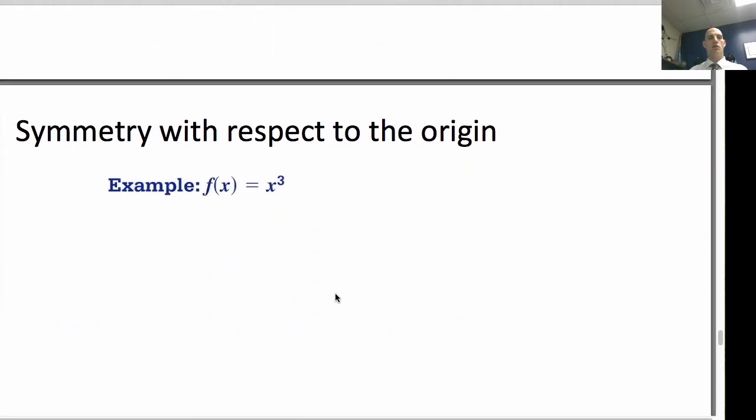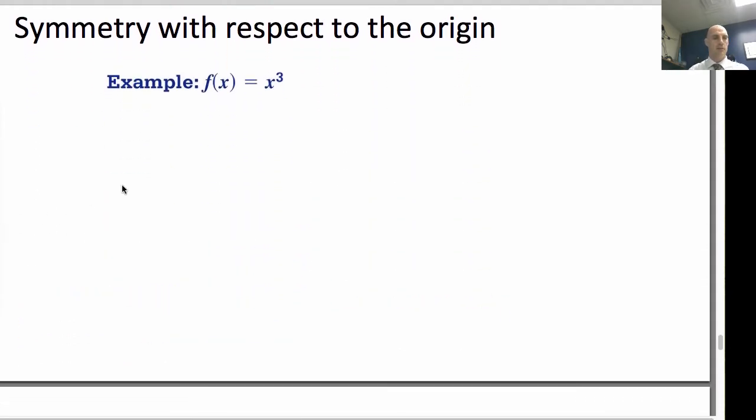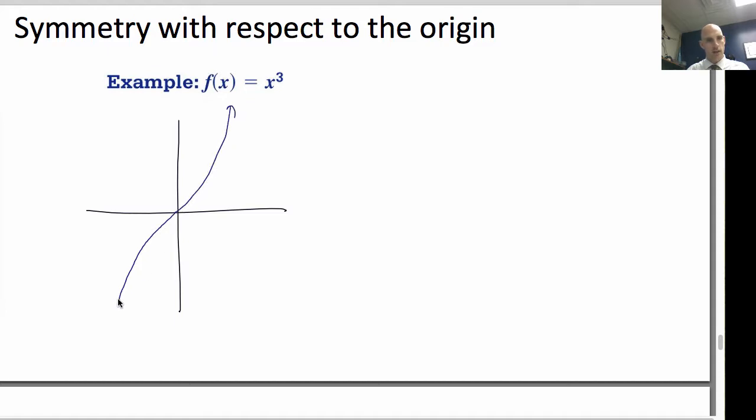Symmetry with respect to the origin. There's a couple of ways to think about this. If I've got a function here, and I'm going to try to draw this. Not bad at all. Okay. I've got a graph here. Symmetry with respect to the origin means can I rotate it around the origin? Or if I've got xy, then negative x, negative y is in there. So first quadrant, third quadrant, second quadrant, fourth quadrant, this is an odd function